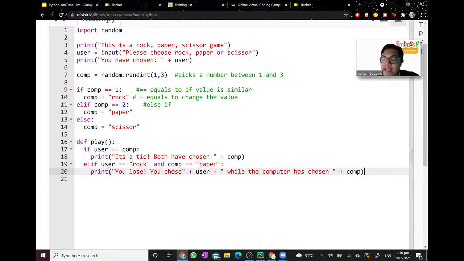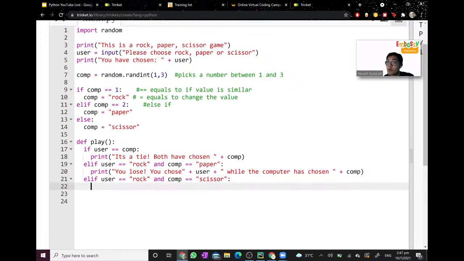Let's write in the next else if statement. So now we have written a statement of if I chose rock and computer chose paper. Now let us write the statement of else if user chose rock, but right in here, comp chose scissors instead. In this scenario, who will win? Don't forget this. Who do you think wins, guys? We will win, right?